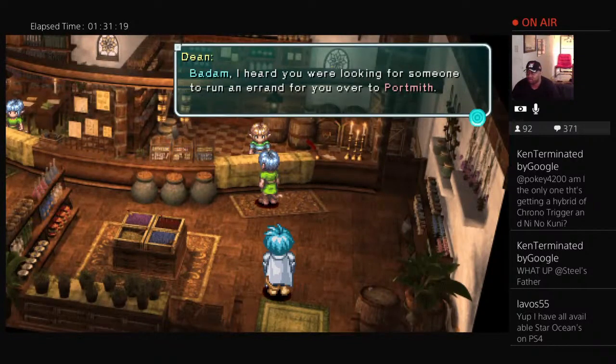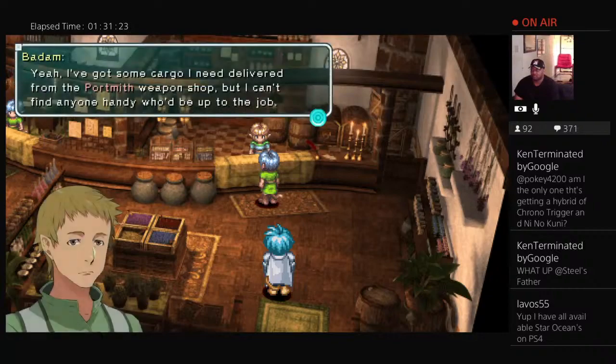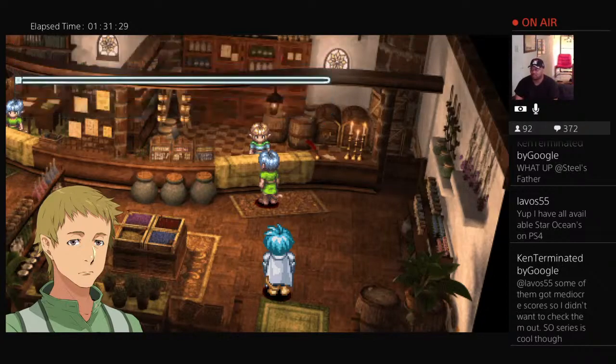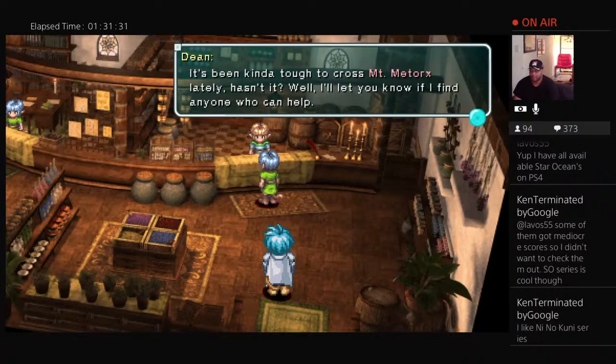Adam, I heard you were looking for someone to run an errand for you over to Portman. Yeah, I've got some cargo I need delivered from the Portmouth weapon shop, but I can't find anyone handy who would be up to the job. It's been kinda tough to cross Mount Maytorx lately, hasn't it? Well...